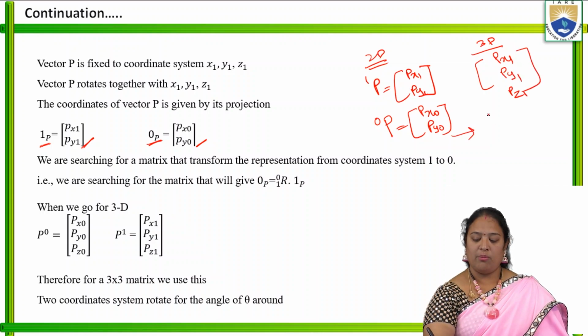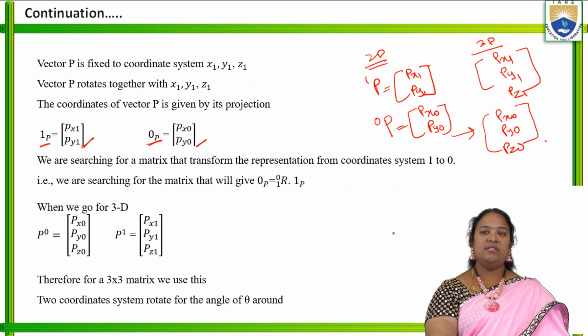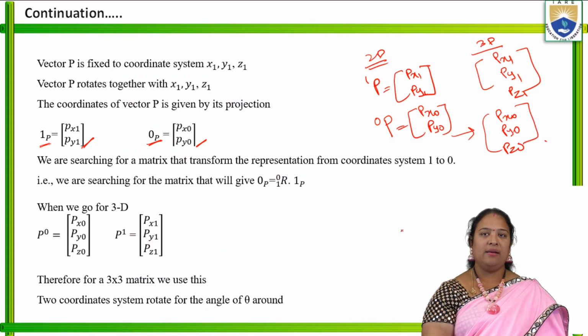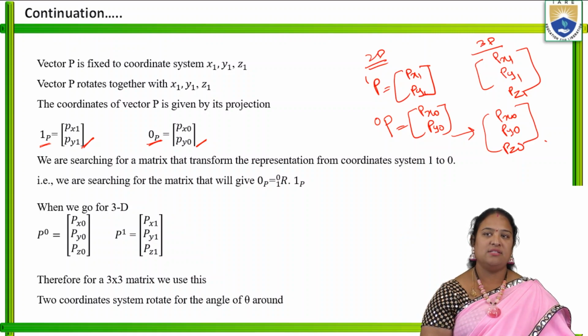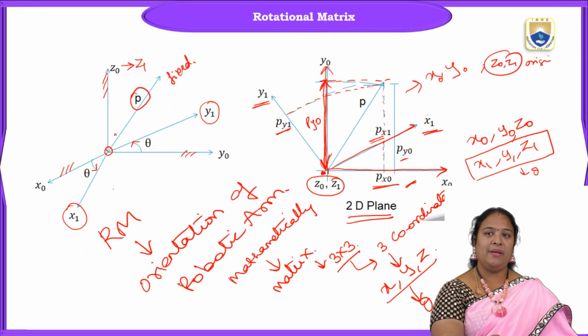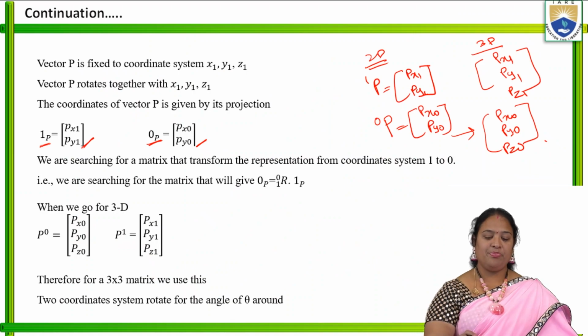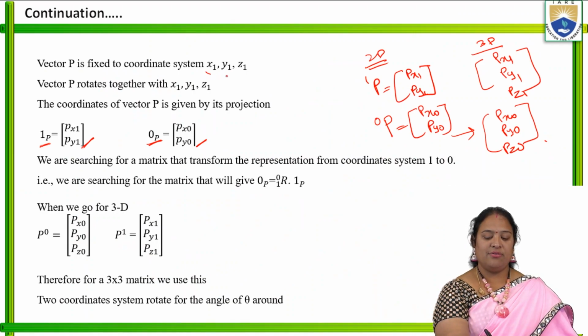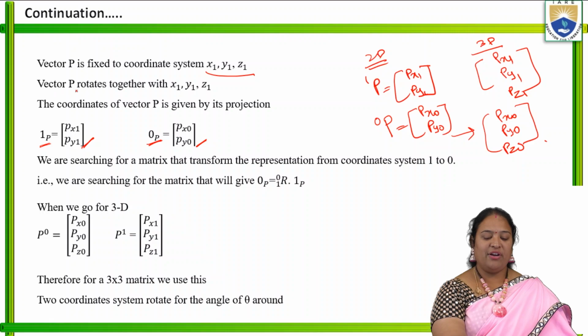And this is in the form of px0, py0 and pz0. Right? So this is how we write the vector representation. That is, the vector p is fixed to the coordinate system x1, y1 and z1, as I have told you earlier. The vector p is fixed to the coordinate system x1, y1 and z1, and the vector p rotates together with x1, y1 and z1, which is giving us the projection,